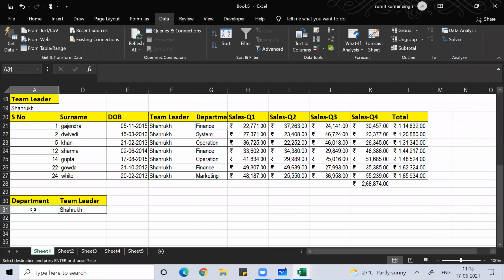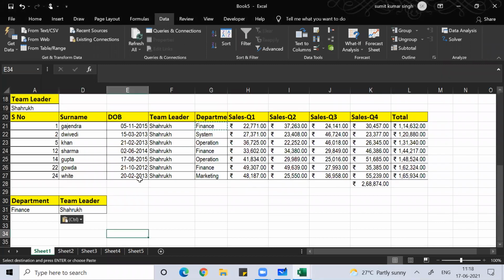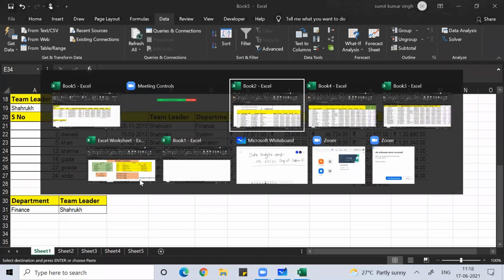Maybe finance department, team leader Shahrukh, or Shahrukh team leader, department finance. So that does not affect the answer, guys. I hope you're understanding. So finance department Shahrukh or Shahrukh finance department, your answer will not get affected because of